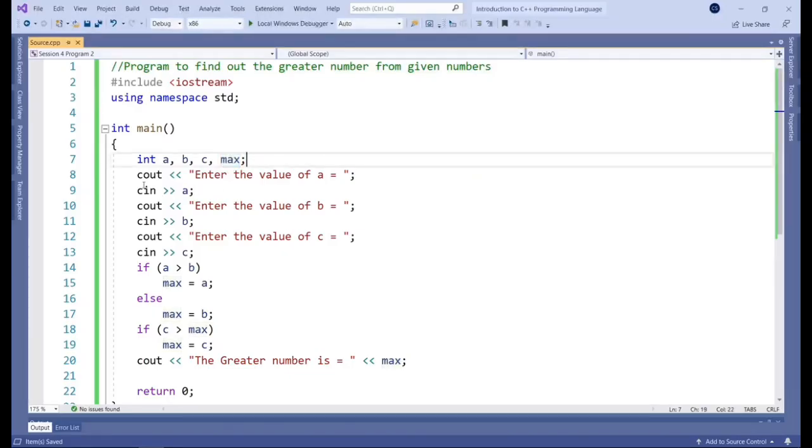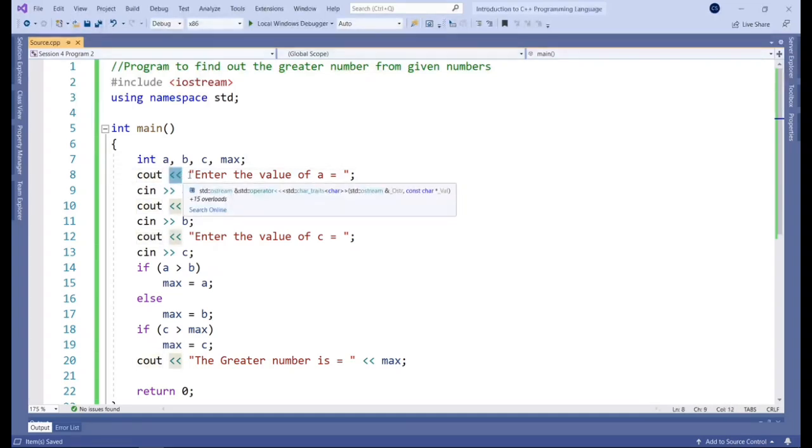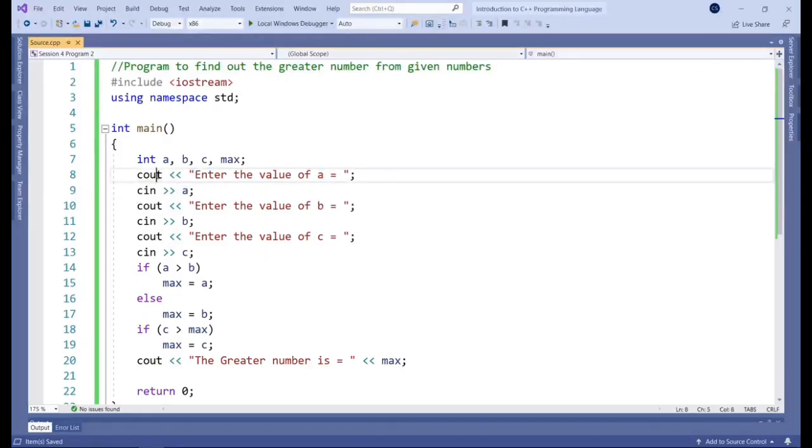Okay, so then we have our first message to the user by using the cout object in here, and then the insertion operator. So that basically takes that data or information and it adds it to that cout object for it to be displayed in the console. Then we have our cin object to read in that data that the user enters, and our extraction operator to save that data within the A variable.